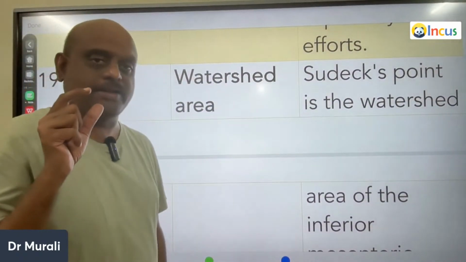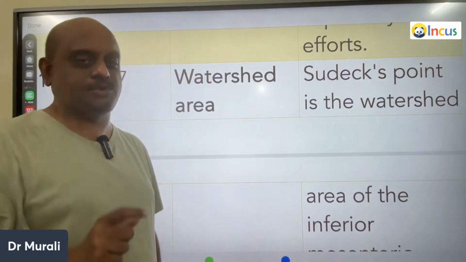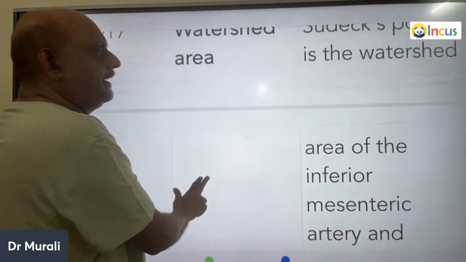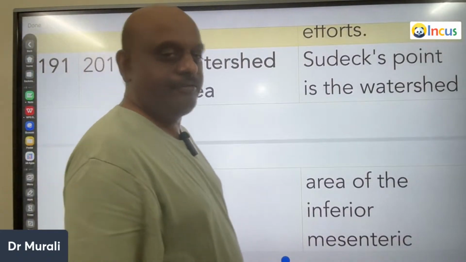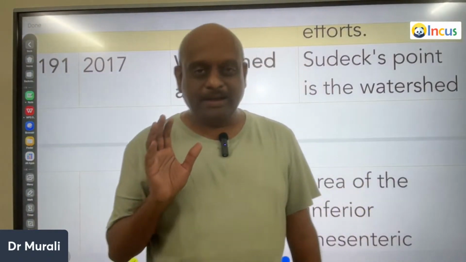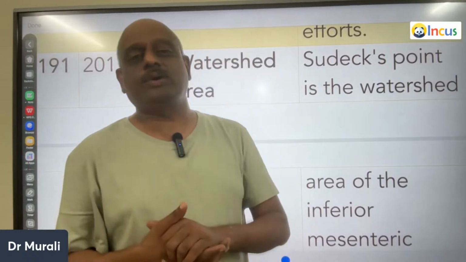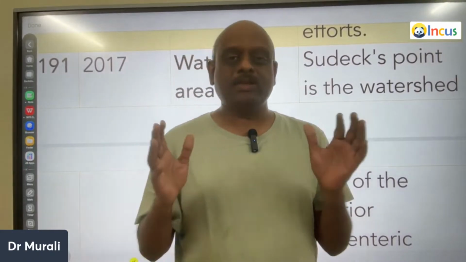Now, there is a point which is called the watershed zone between the inferior mesenteric artery and the internal iliac artery. Inferior mesenteric artery and internal iliac artery. Isko kehte hain Sudex point, is what you need to remember. So once more, doctor,